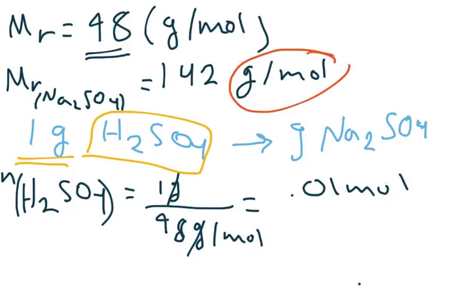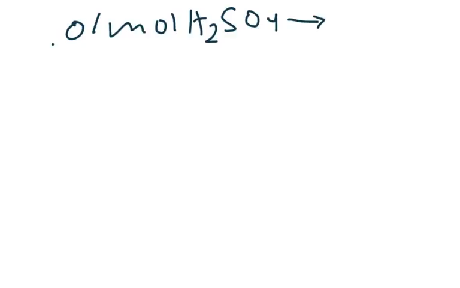Right. Okay, so we have the number of moles of H2SO4. What are we going to do now? Well, let's go to a new table. So now we have 0.01 mole H2SO4. This is something that we know in 1 gram H2SO4, and this was based on our lovely Mr. So you just need to convert this to Na2SO4. So remember this